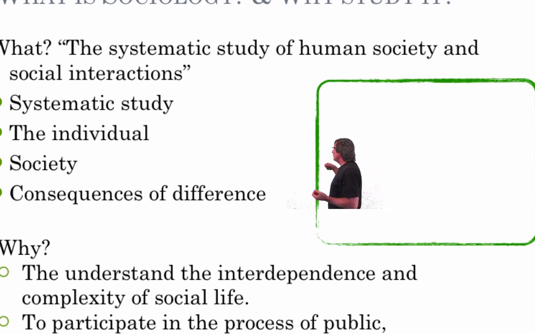And then to participate in the process of public, social, and economic policies. The government affects policies, and we affect policies, so this relationship between society and individuals, and how the things that occur in sociology, and specifically in this case sociology of family, affect policies in the long run. It's also about understanding what the differences are and the possible explanations for them. That's what sociology of the family does, and that's what we're going to explore in this particular course.